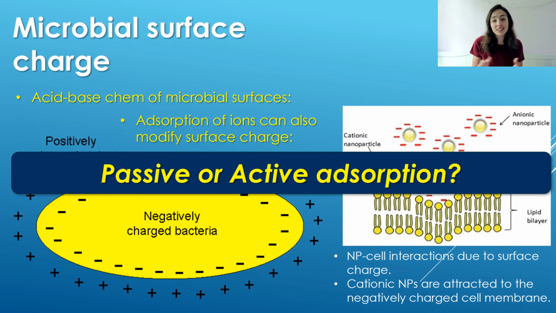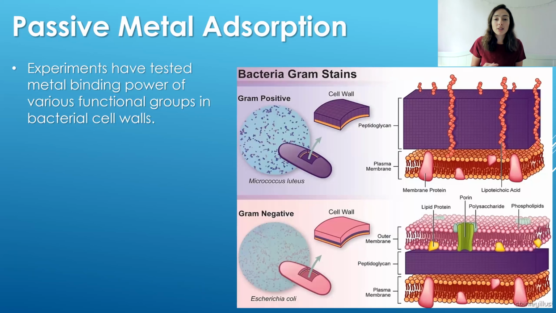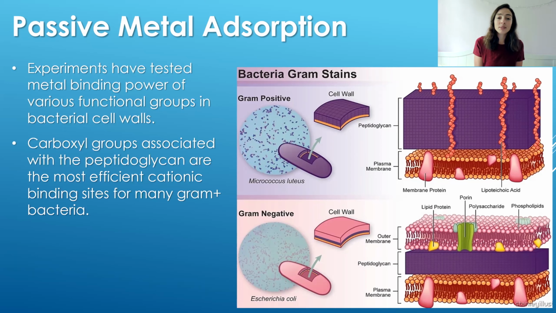Like I already mentioned, this is passive adsorption because the cell's inherent charge is causing an adsorption of cations. However, there are more active processes which the bacteria can employ to go and absorb things. But let's talk a little bit more about why passive metal adsorption happens before we move on to the active processes. So experiments have tested the metal binding power of various functional groups at bacterial surfaces, and it seems that